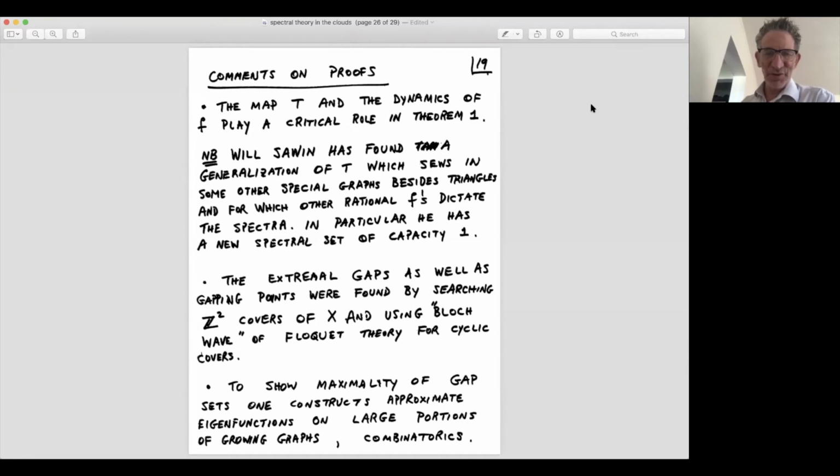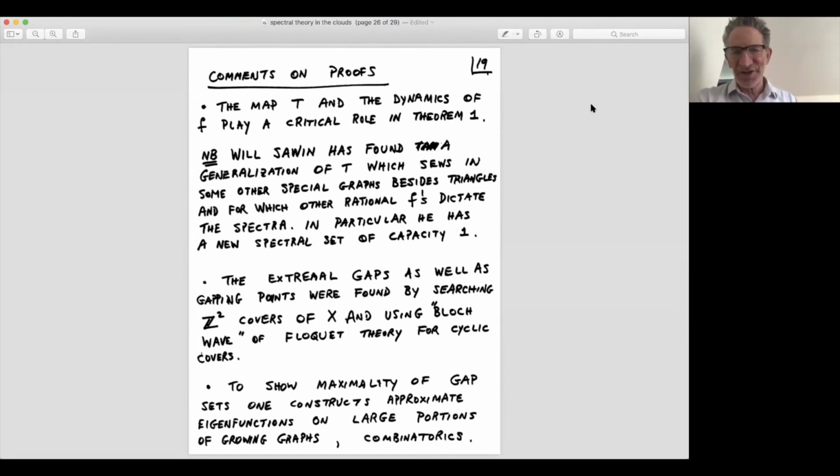Of course, if you're two regular, you're just a cycle. Three regular, you already have hit the most complicated thing, but if you have a Hamilton cycle, which is what we use a lot in the graph, you can use it to make an eigenfunction. Of course, the way you prove the optimality is to construct an approximate eigenfunction and use Weyl's criterion, just linear algebra, that if you have an approximate eigenfunction, you have an eigenvalue nearby. To do that, you need to entertain any shape, because all you know is that your graph is large.